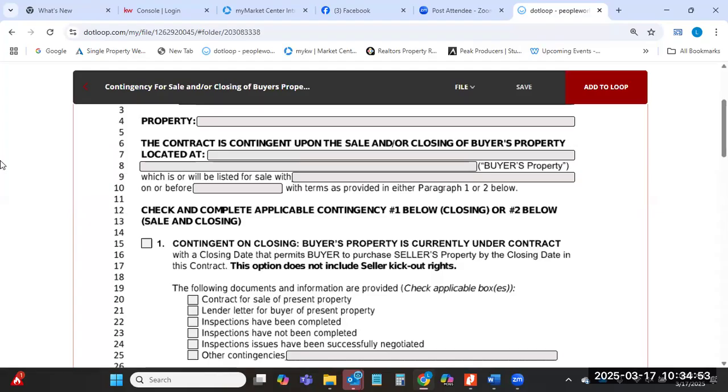So certainly if they're not on the market yet, we can put a date in the future. That's what it allows for. If they're already on the market, just go ahead and put today's date, because it says which will be listed for sale with, on, or before. So if it was listed before today's date, then we covered that. If it's already been on the market for a couple of days, that's great. That's kind of the best case scenario there,